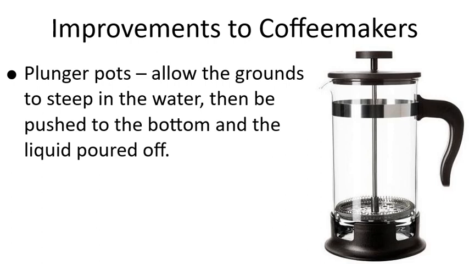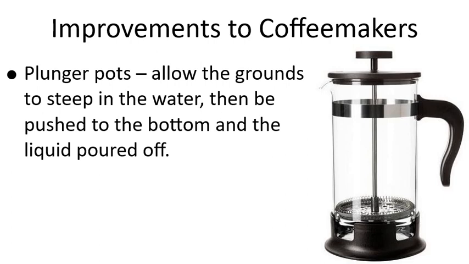Next up, we have the plunger pot, in which the coffee grounds would be extracted directly into the hot water. Once the desired strength was achieved, the plunger would be pressed down, trapping the grounds at the bottom of the pot, and the brewed coffee could then be poured off. In theory, this type of coffee maker worked great. However, in practice, many of the grounds would make it past the plate at the bottom of the plunger and continue extraction once poured out of the pot. It did, however, allow the heating of the water below the boiling point, so greater control of the extraction could